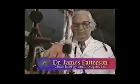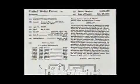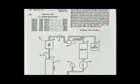The power cell of Clean Energy Technologies of Dallas, Texas, is one of the most spectacular devices in the cold fusion field. It also happens to be the first device that has a United States patent, which is also very important. We got it almost by accident, since there are hundreds of patent applications that the patent office is rejecting. What this cell is, is very similar to the Pons and Fleischmann concept, except it uses tiny little metal-coated beads